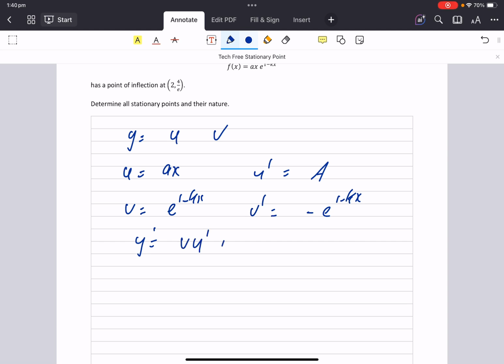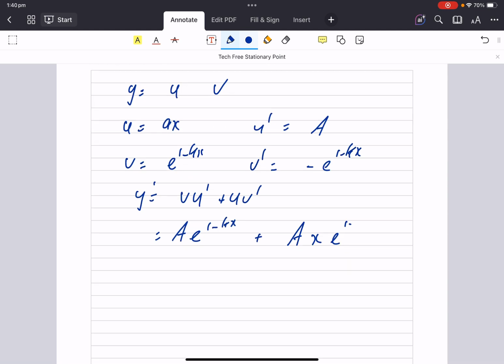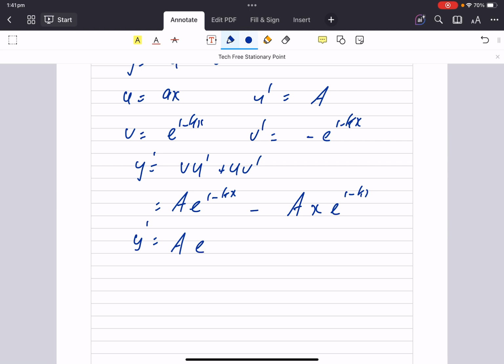v u dash plus u v dash, v u dash plus u. Better make that a, capital A. And that will make that a negative. What comes out there? A one minus